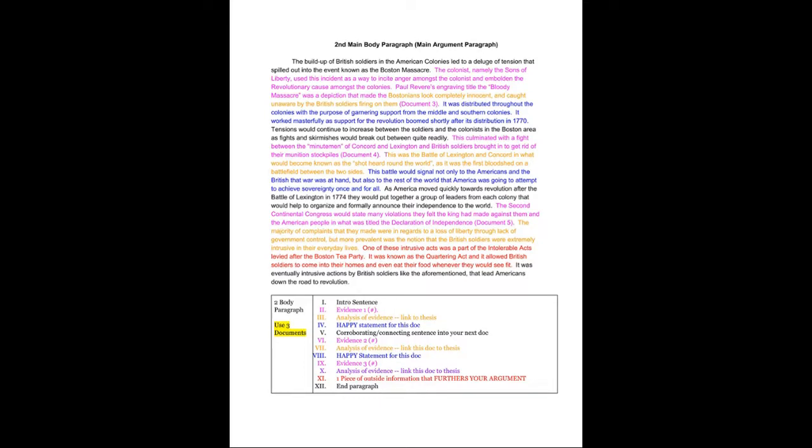So there's, again, tying that into my argument, the building tensions, that it was soldiers' presence and intrusive actions that really led to the revolution. And here is my outside piece of evidence, my second outside piece of evidence. And I had other ones actually layered into this paragraph too, but this is the one I'm going to key on. But I did have other ones, the Battle of Lexington and Concord, which wasn't specifically stated.